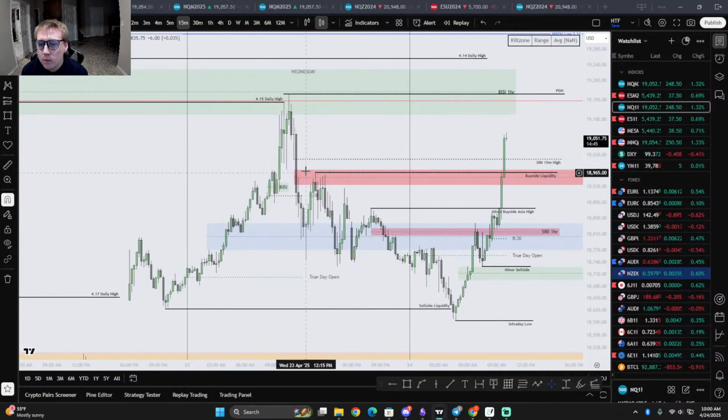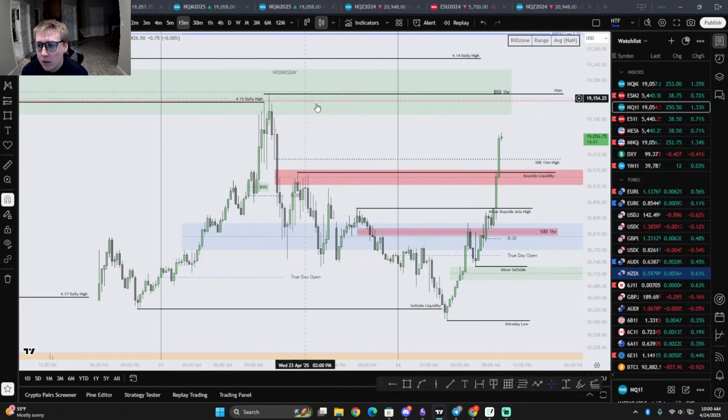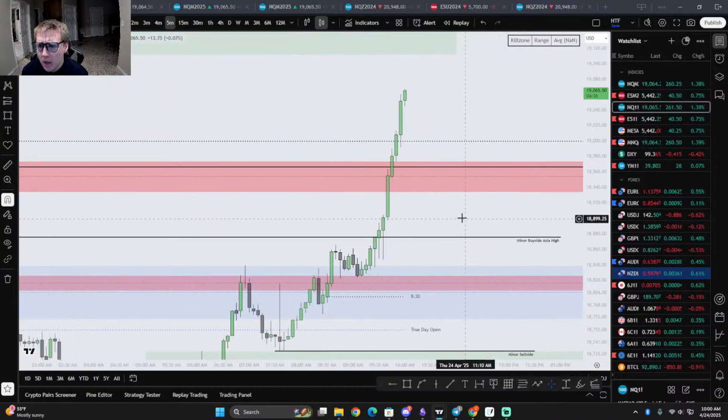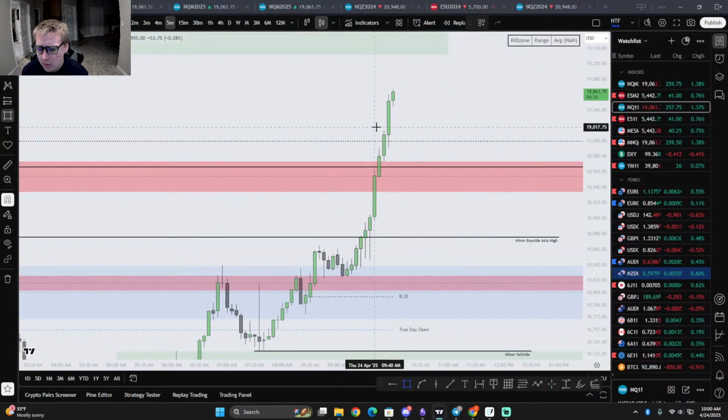So now we're clearly displaced above this buy side imbalance, trading through that. So we still have previous day intact here, so we still have range to trade in. I just personally don't want to touch it today, because I've already met my weekly goal. So I don't really need anything else.